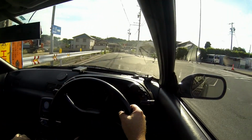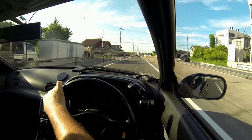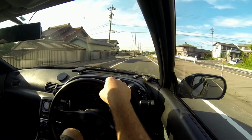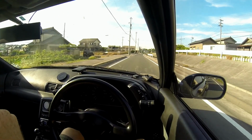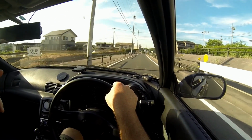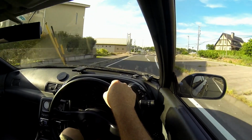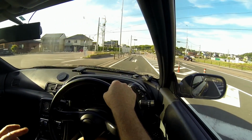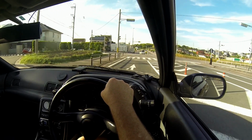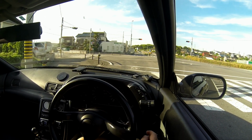The R32 GTRs, or the early models of them, are really popular now for the US, and prices on them have gone through the roof. It's very hard to find clean ones. A lot of them have rust around the rear wheel arches, the lower rear section of the boot trunk, or what you want to call it, and they also suffer that the jacking points underneath them are very soft, and they get dented and damaged over the years, and they rust pretty badly in there as well. So yeah,